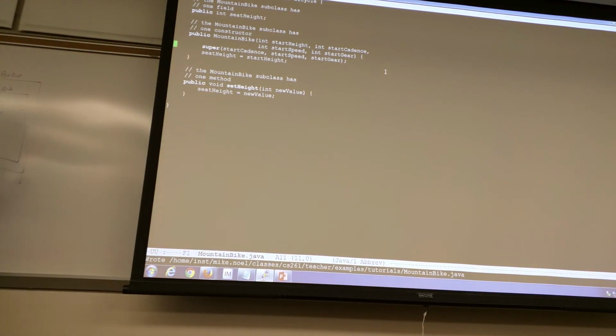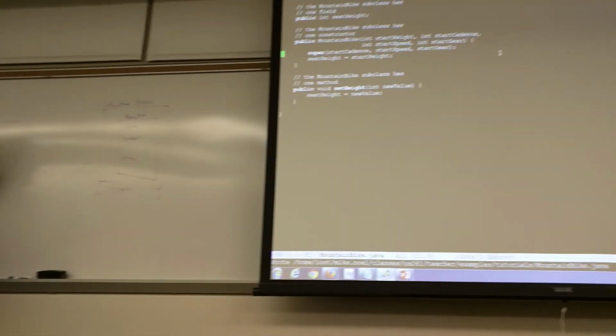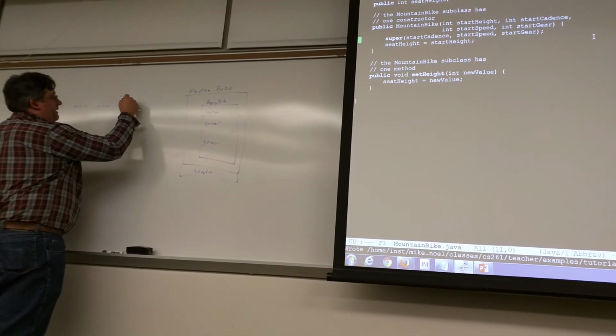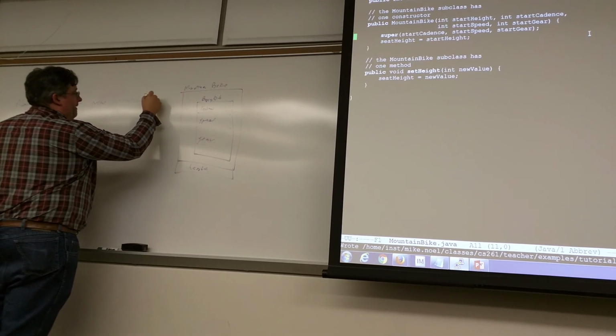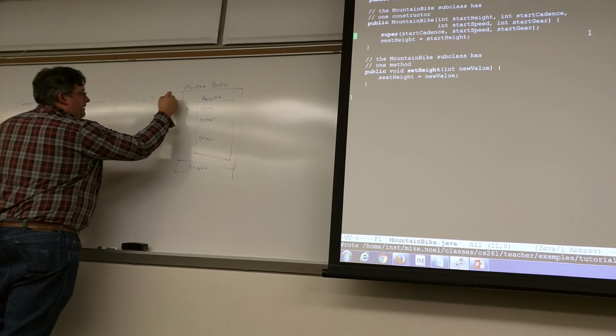Now, out in the main, when I wanted to create one of these, I would have mountain bike equals new, and of course I want to put new mountain bike here. I don't want to say something weird like new bicycle plus new mountain bike or anything like that. I just want to say new mountain bike. And then I